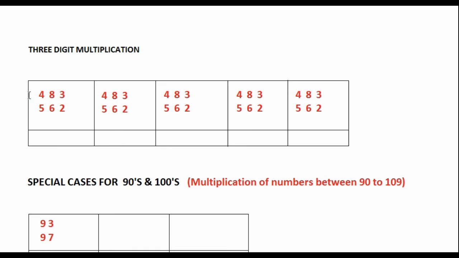So now let us see 3-digit multiplication. In this, we are going to multiply 483 and 562. The first step is same. We are going to multiply numbers in the units digit. So in the units digit, we have 3 and 2. So this will give 6. Let me write 6 right over here. We have no carryovers because we have no number in the tens place. So let me write this 6 here.